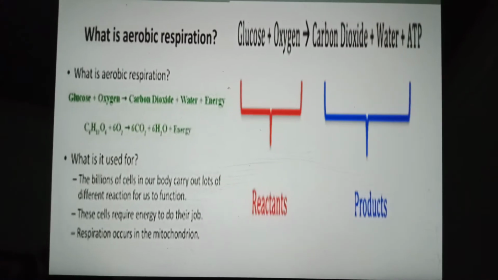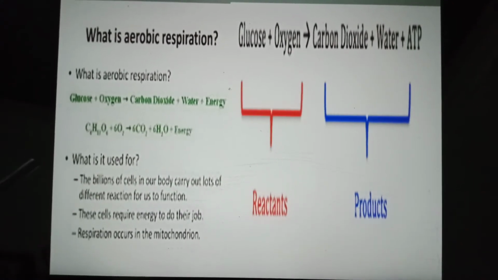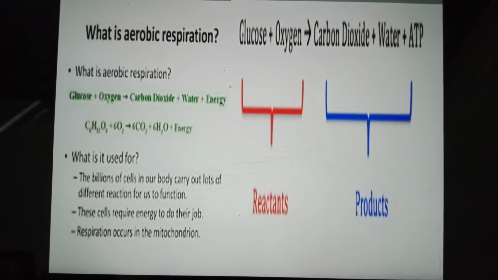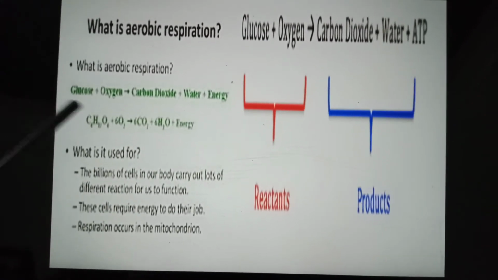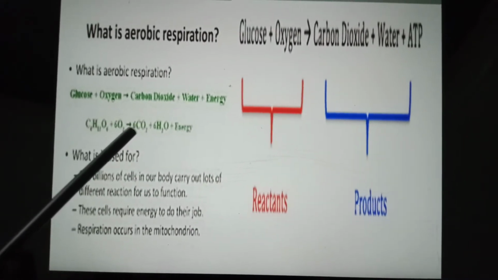In the second phase, molecules of pyruvic acid are completely oxidized. All CH bonds are broken to carbon dioxide and water